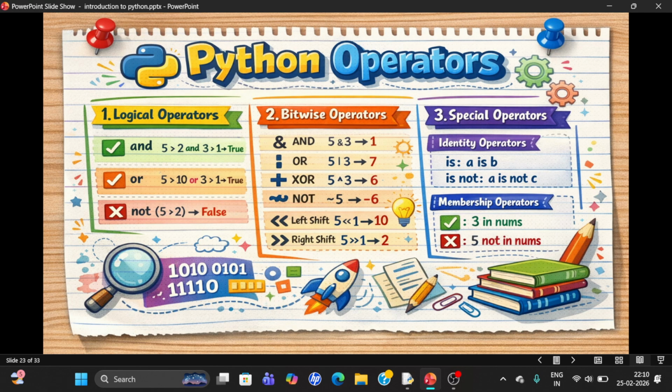In our previous videos, we explored arithmetic, relational and assignment operators. Today we will focus on three important types of operators: logical operators, bitwise operators, and special operators. By the end of this video, you will understand how to use them in your programs and avoid the common